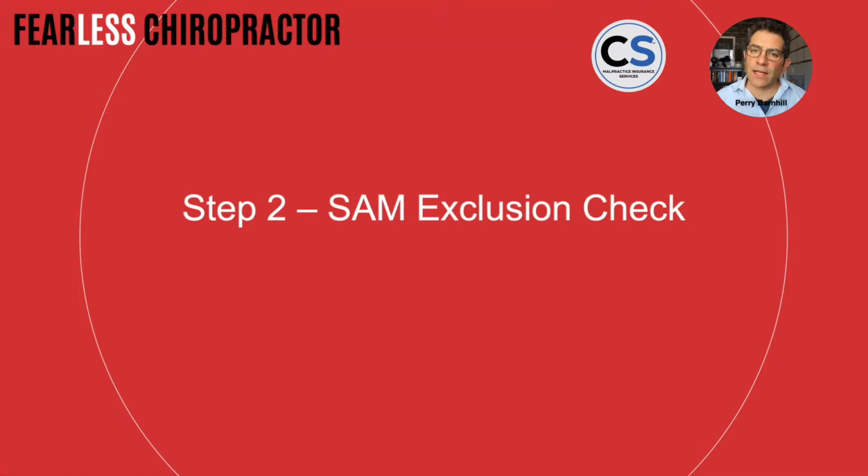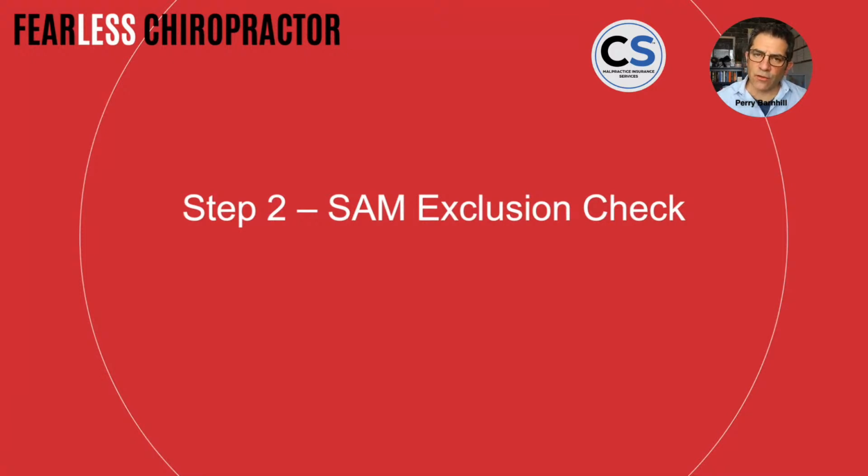And if they're on that list, guess what? They cannot be in your office. You cannot employ them if you're accepting any federally funded programs, Medicare, Medicaid, or even if you're involved with any PPOs or HMOs. You cannot have them hired. And if you do, and they find out, you will get fined. When I say check these each and every month, you do have to, because last month maybe they didn't commit a crime and they weren't on the list, but now they are. So you've got to check it. It doesn't take long. It's really, really fast.